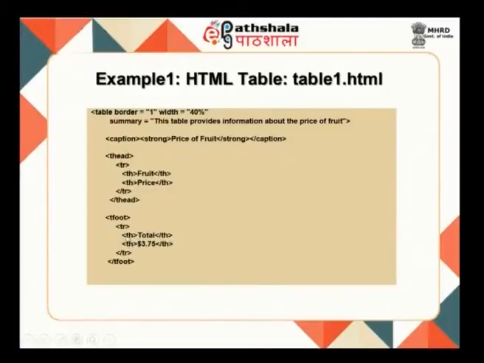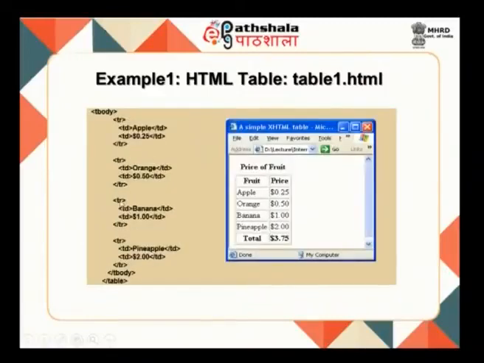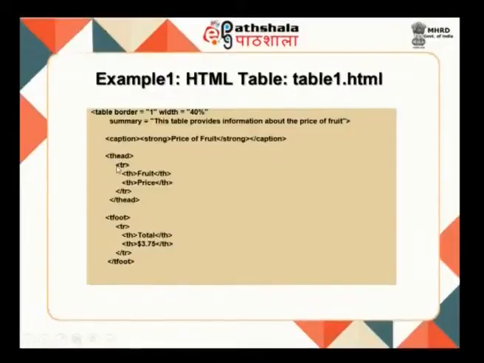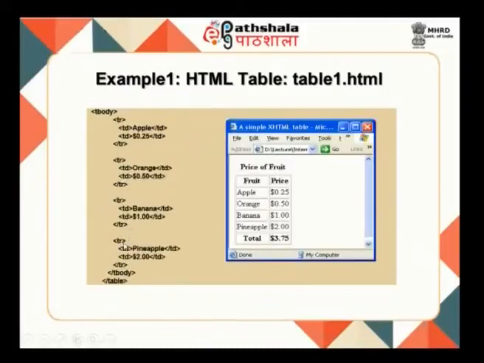So, here you can see that TH is for specifying the head for your table, and the last row would come as total and its value, and the rest of the table elements are given with the body tag T body. So, we can see here that there are three sections as told. T head defines the first row, that is the header row for the table, and the footer row for the table is defined with the T foot, and the body elements are given here.